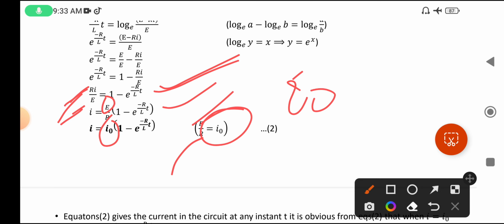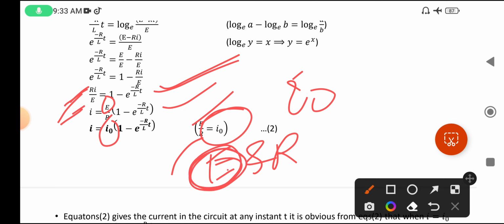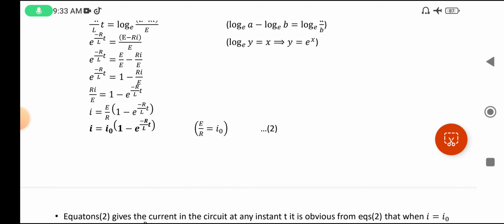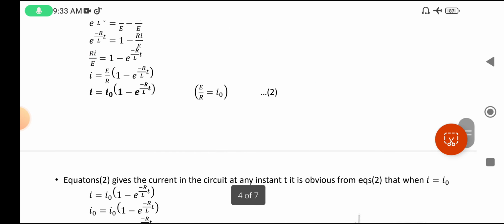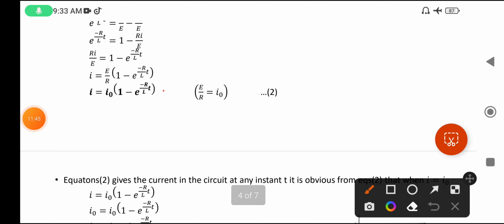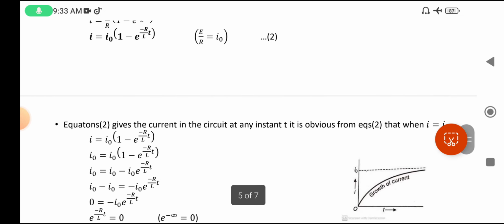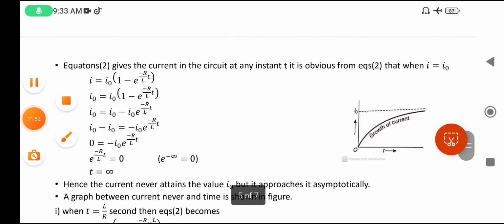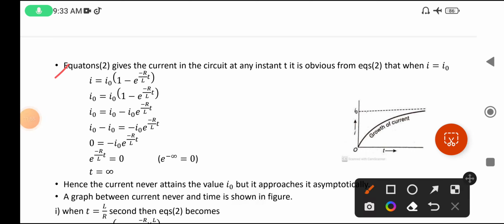Why is it written as I naught? Because E is the EMF of the battery and R is the resistance. Then the EMF of the battery divided by resistance gives the maximum current, and that maximum current is denoted by I naught. I naught indicates maximum current. So finally we write the equation like this. This equation indicates the growth of current. Equation 2, the above equation, gives the current in the circuit at any time t. It is obvious from the figure that